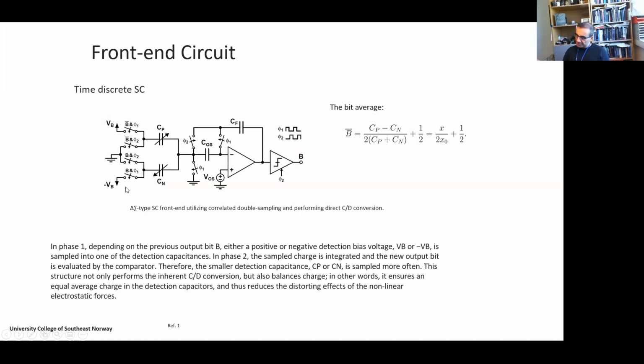Most of the techniques presented combine many of the things that I told you, for example, correlated double sampling and chopper stabilization, and also they create an output which is